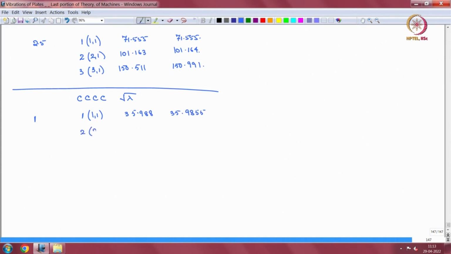Second mode is 2,1, third mode 1,2. This is 73.413, 73.395, the same value. Fourth, 2 comma 2, this is 108.27,